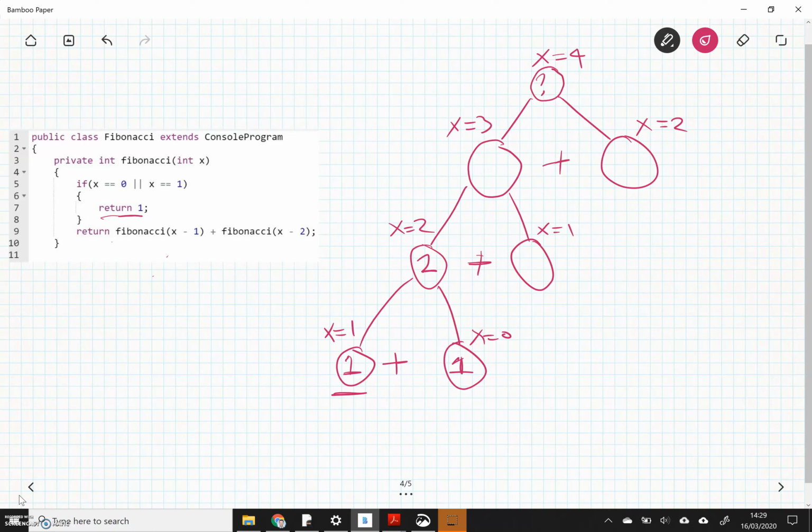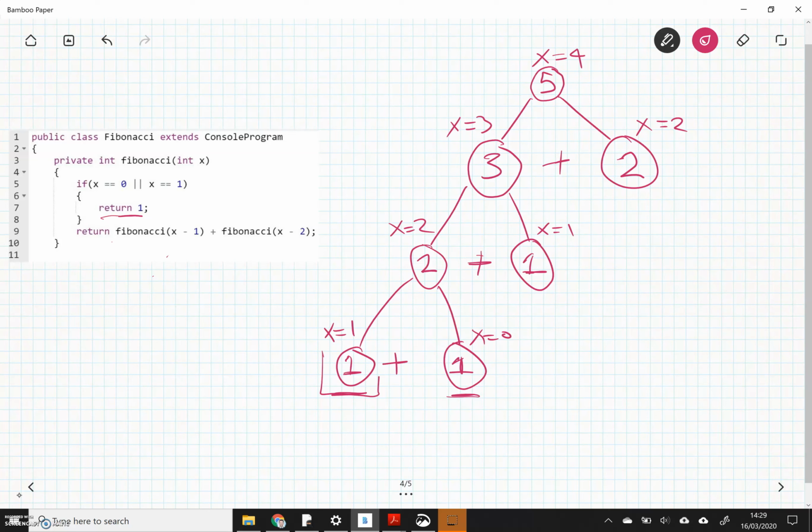I've already done an x equals 1 call, so I can take the value from down on this side here and use that here. So x equals 2, x equals 1, 2 plus 1 is going to get 3 coming up. 3 plus, okay, I don't know what to add to 3 yet, so I've got to do x equals 2. I've already calculated that. I know that is going to come back as 2. So I can do 3 plus 2,